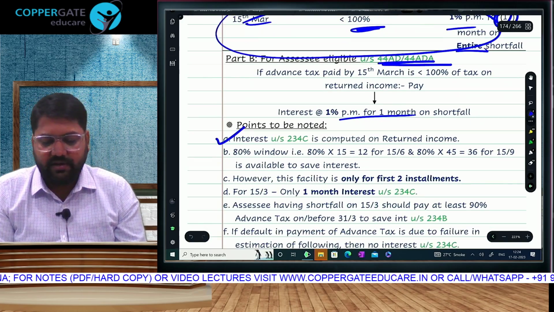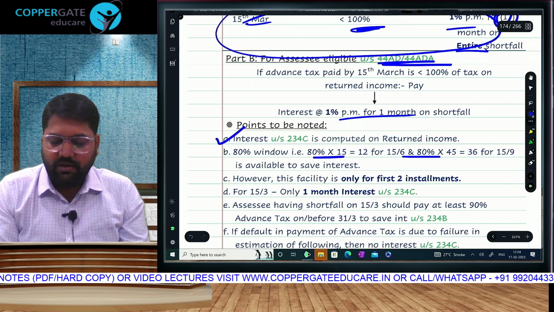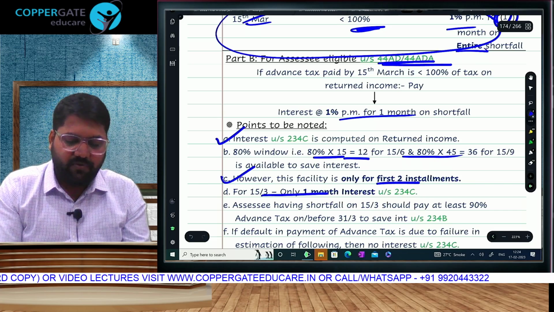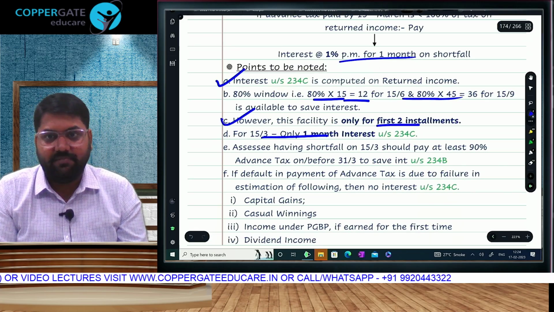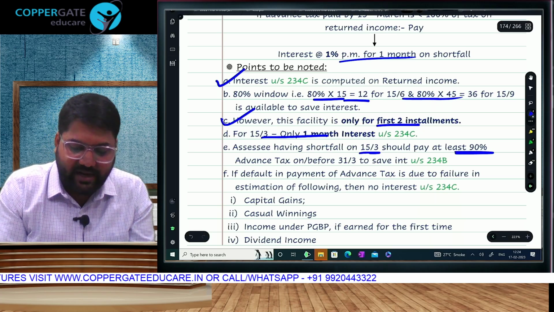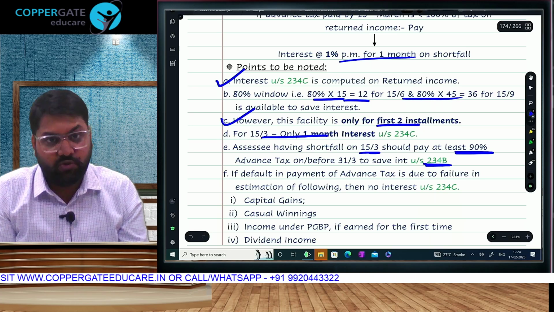234C is calculated on the return income. 80% is only for 15 of 12 and 45 of 36, only for the first 2 installments. For the last installment, be careful, you have to do only 1 month of interest. Assessee having a shortfall on 15th March should pay at least 90%, so at least 234B can be saved, though